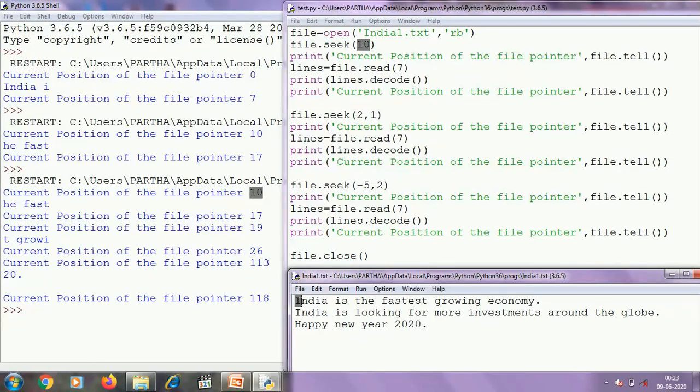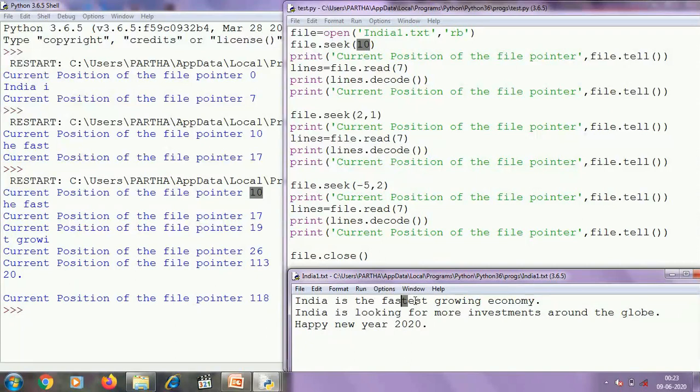This is the 0th character, 1st, 2nd, 3rd, 4th, 5th, 6th, 7th, 8th, 9th, and this is the 10th. So now the file pointer is pointing to this position, and from this position we are reading 7 characters or 7 bytes. So this is the 1st byte, 2nd, 3rd, 4th, 5th, 6th, 7th.